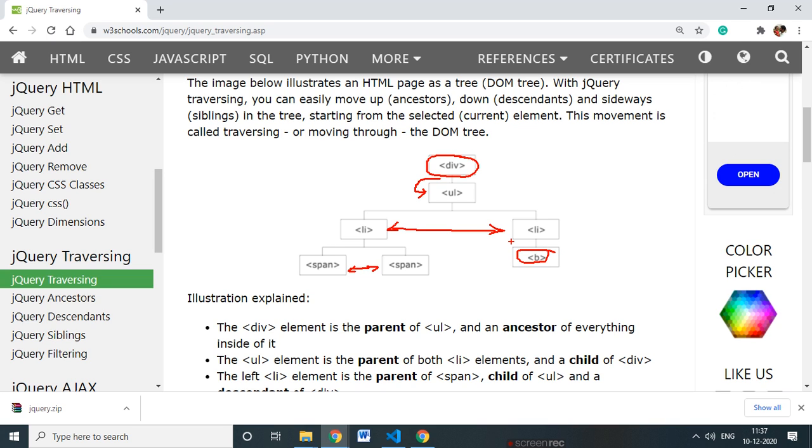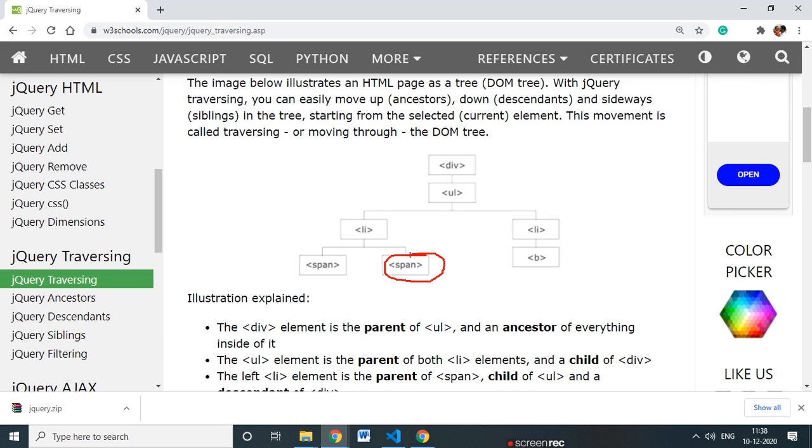So if I am in the unordered list and I say ancestor, it means the parent, and if I say descendant, it means my child. Now I am at the span.